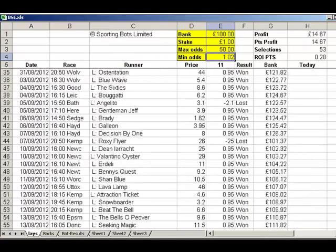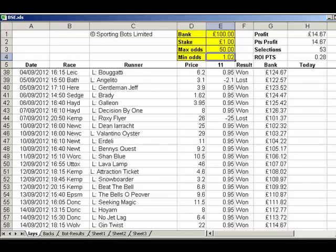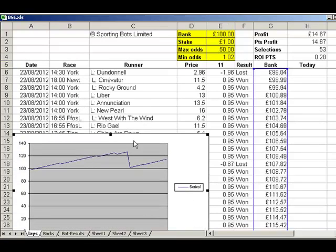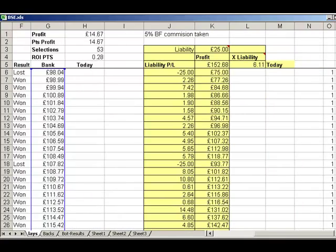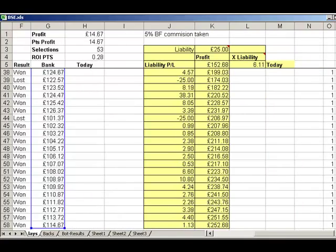So we're showing about 14 points profit at 1 to 50. Not that great, but it is profit. If we go over to liability, that's actually quite a bit more interesting, because taking off your £100 start bank, we actually made £152 profit using liability. So there's a lot more money at the moment in that, and that's basically because